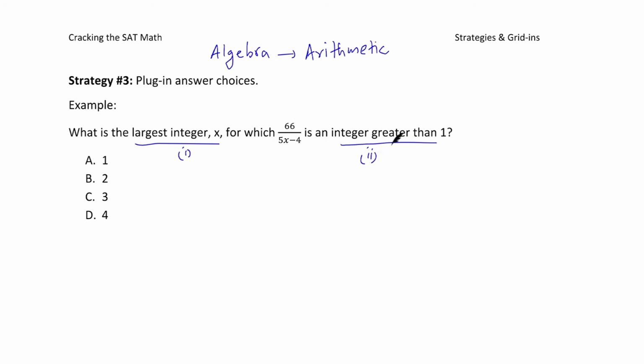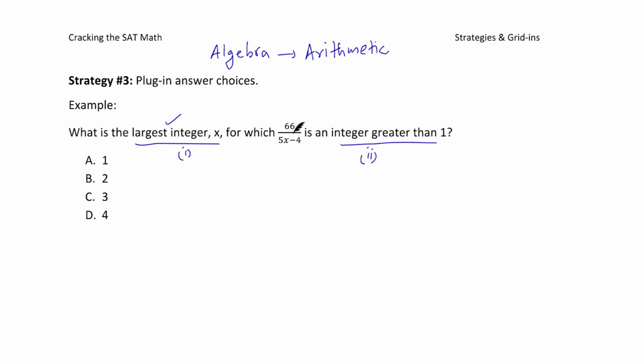Okay, now the approach over here is you start with the largest option. Because we need the largest integer, option choices will always be arranged in a chronological order. So the best strategy over here is to start with option choice D. When you choose D, you are satisfying this target answer. It's done. You have chosen the largest integer X. Now we have to see when we put 4 into this expression whether we get an integer or not. If we get an integer, we are done. 4 will be our answer.